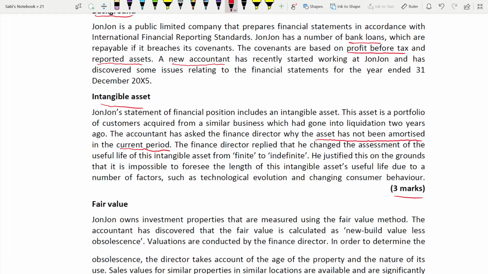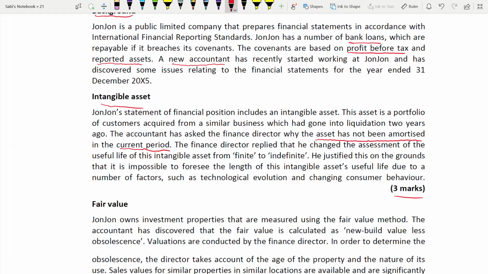First, we'll definitely be solving the accounting issues. We'll be talking through IAS 38, how to do this and whether it has to be amortized or not. Then we are going to talk about the same thing, but from the ethical perspective. So make sure that you highlight it and keep the words ready.